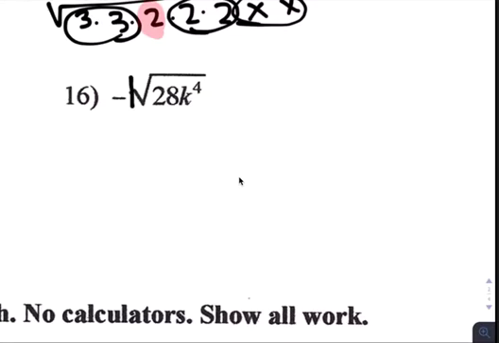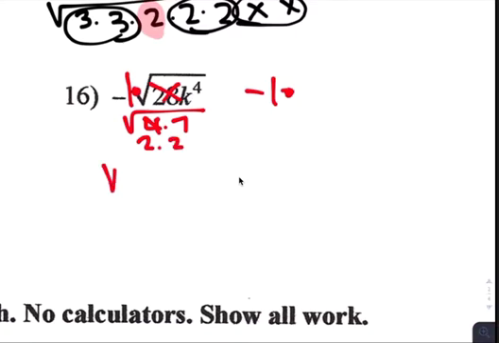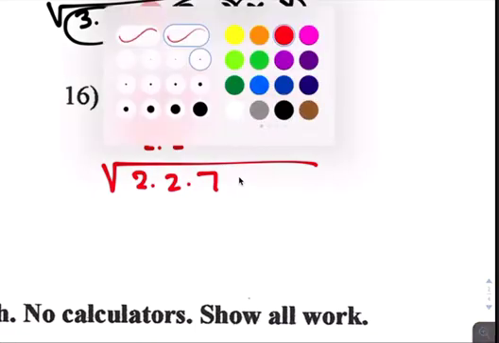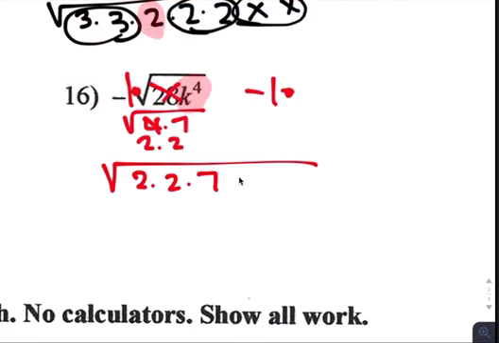16, that's an invisible 1 right here. So negative 1 times whatever this answer is. It's 4 times 7. 2 times 2. So you have 2 times 2 times 7, and then 4 k's altogether, right? 1, 2, 3, 4. So your answer is 2 to the first times